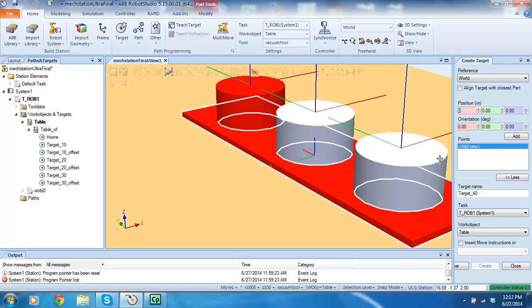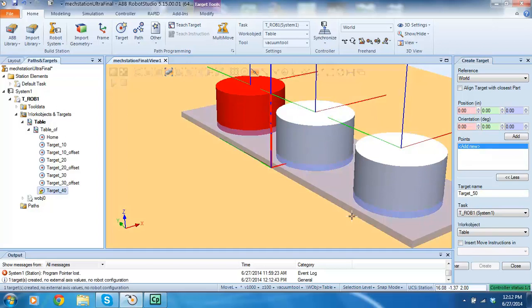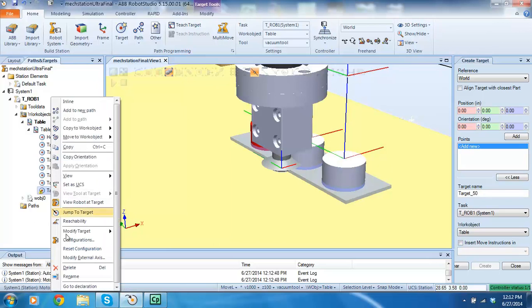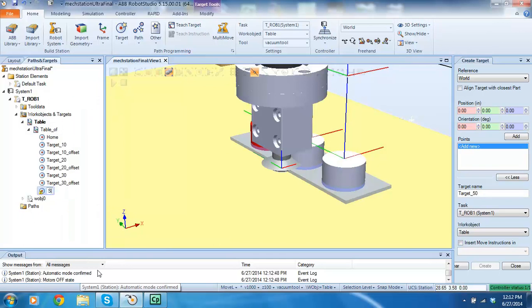And it was just, is it working? Let's try that again. There we go. If you click on add new and you click somewhere and you still see 000 here, it means it hasn't gotten it. So what I typically do is click on add new again and I'll get it, and then I start to see numbers here, and I'm good with that. So I'm going to go create, and now I have a target there, and I'm going to right click on this target 40 and call that swap